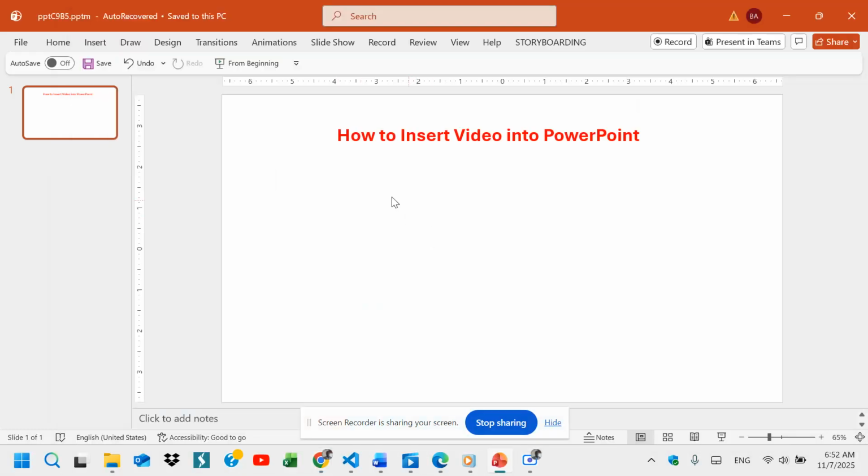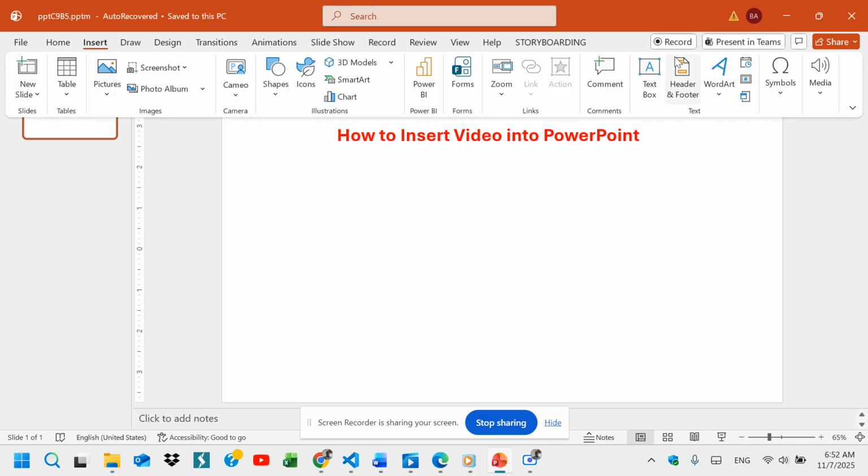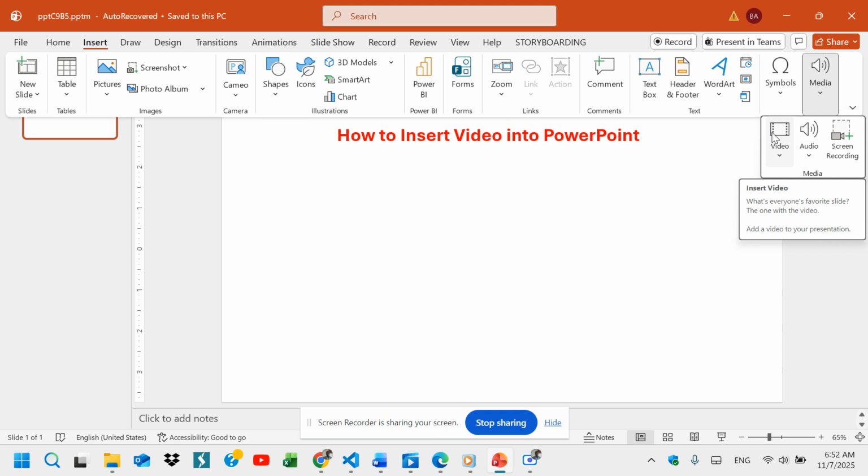Hello, so today let's look at how to insert a video into PowerPoint. So first, click on the Insert tab, then go to Media and click on the arrow, then under Video,